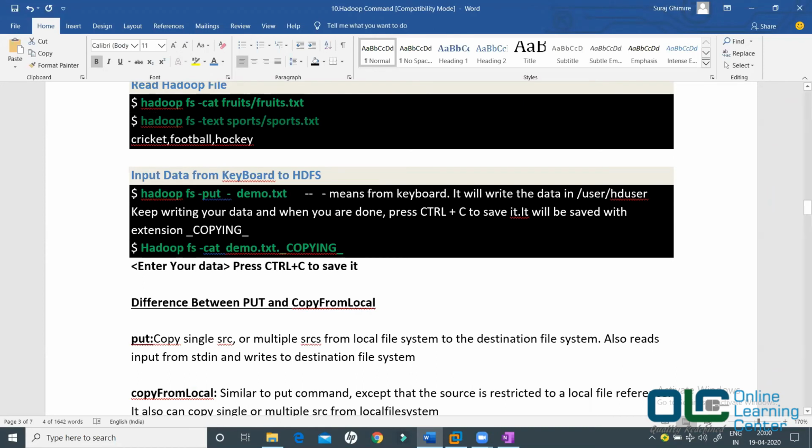Okay, so what I'll do is, I'll say hadoop fs -put, and then this is the source file. Instead of a source file, I'll just give a hyphen, and this is the destination. The destination is demo.txt. So whenever you give a hyphen as the source on put, it will be treated as the standard input. And what is the standard input, guys? The keyboard, right? Now let's try this out.